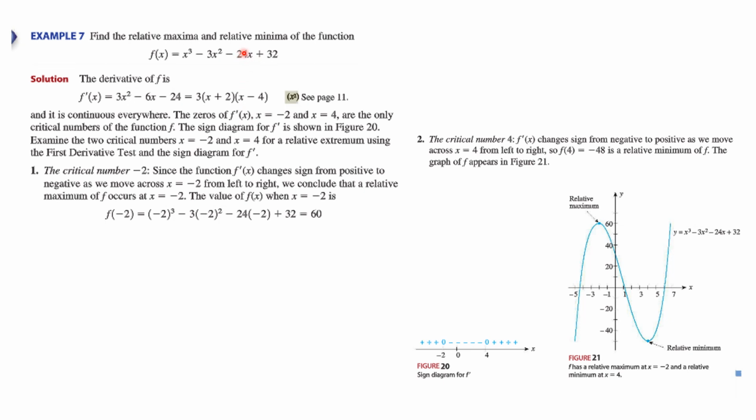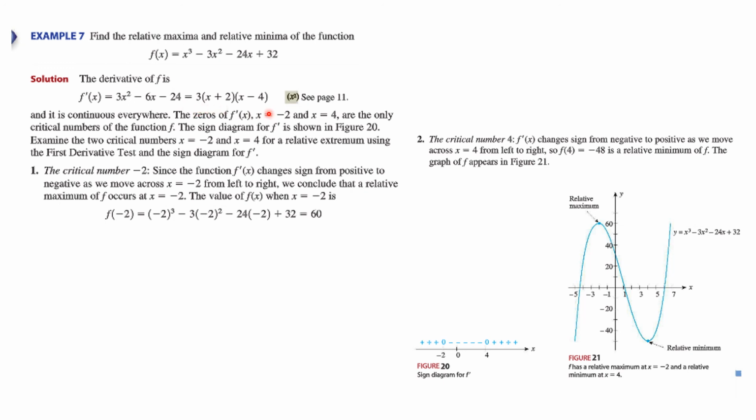Find the relative maxima and relative minima of the function. This is f of x equals x cubed minus 3x squared minus 24x plus 32. So the derivative of this is equal to 3x squared minus 6x minus 24. And that's continuous everywhere, so we don't have to worry about the derivative not existing anywhere, and